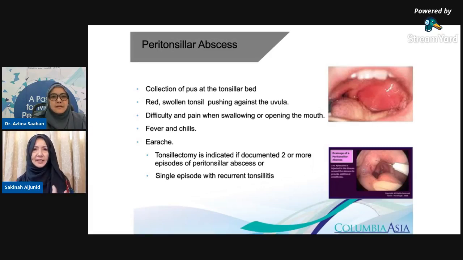So what are we looking at now, doctor? It looks like nanah inside, it looks like pus. Like that is actually the crypts. Tonsils contain crypts at the surface. Crypts mean liang-liang. So when the tonsil is infected, it becomes enlarged and there is some pus lesion that looks white. It looks like a little nanah, but sometimes it's just white debris. Together with other presentations like sore throat and swelling,